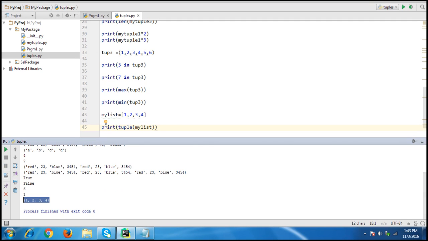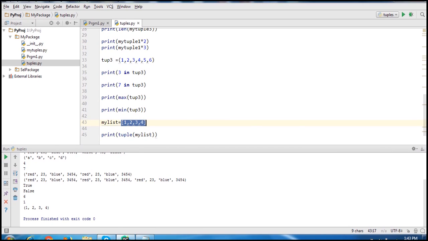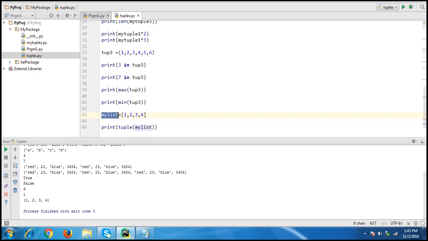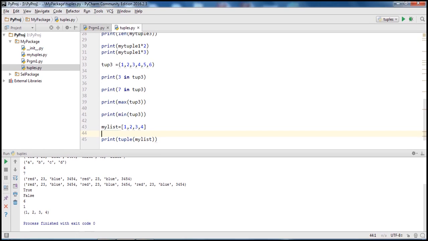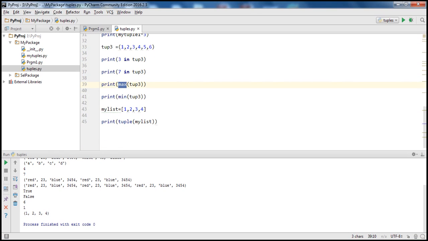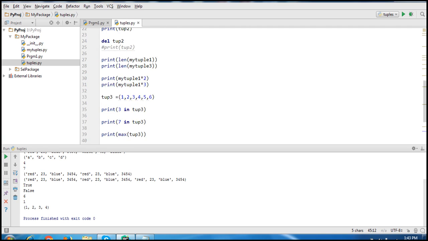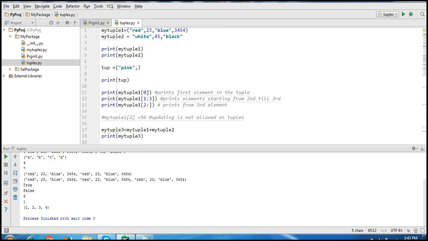See, within parentheses, whereas we created a list. A list is a series of elements within square brackets. So this is a list. And the tuple method will convert the sequence inside to a tuple. So these are all inbuilt methods, like the length of a tuple, maximum of a tuple, minimum, and the tuple method. These are all built-in methods which you can use for managing or manipulating